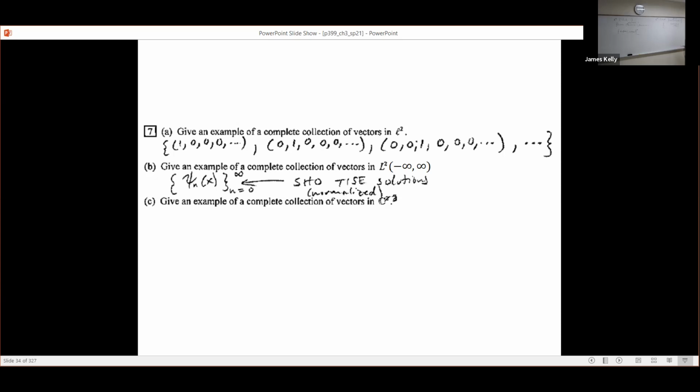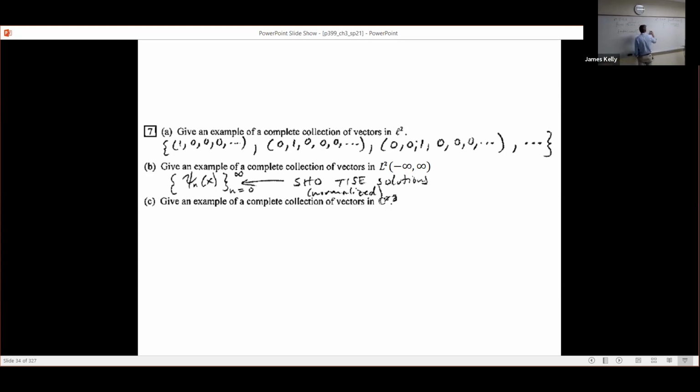But the hope is, and the claim is that Griffiths made, and we'll never actually prove this in the book, that if you have any potential that eventually goes up to infinity on both sides, just like the harmonic oscillator did, such as maybe an x to the 4th potential rather than a quadratic potential, we could have a quartic potential. It would eventually go up to plus infinity, and that means it doesn't have any scattering states. It has an infinite collection of bound states of higher and higher energy. The claim is that no matter what potential you choose, as long as it has all bound states like that, so the collection might be